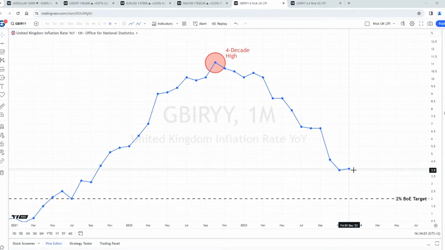But it's paused this decline by moving slightly upwards in December at 4%, the first increase of the past year. However, it remains above the 2% target,